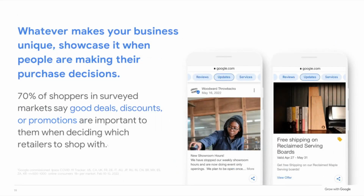So as you actually are updating information online, you can let people know with your Google business profile if you have any deals or any updates. Maybe you have a new team member. Maybe you are bringing in something brand new and you're giving them the sneak peek. Don't we all just want to be there and get the behind the scenes, or be that fly on the wall that gets to see something that not the general public really has access to? So you can give them those updates to say, oh, we're going to have free shipping, or